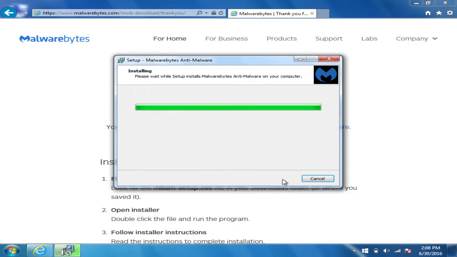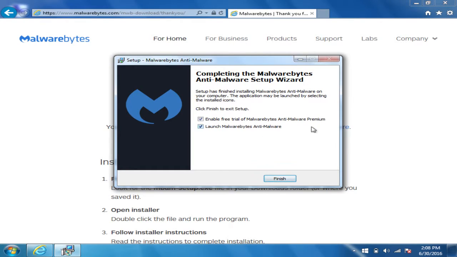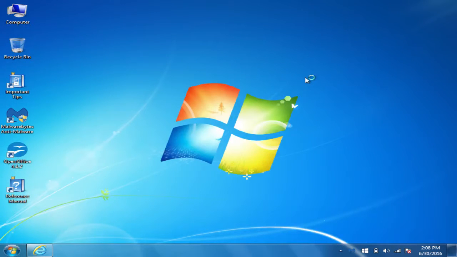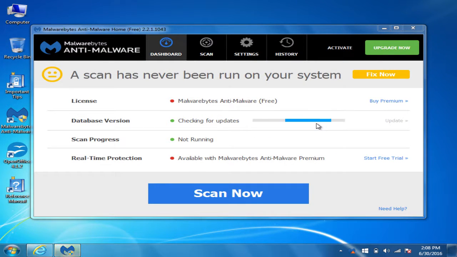Now it's actually installing the program. And I always go through and uncheck this Enable Free Trial, and it'll just put the free program on there instead of the free trial. Because with the free trial, I believe after 15 or 30 days, I forget the exact number of days, it'll try to get you to upgrade to the paid version, and then you have to revert back to the free version. So it's easier just to go to the free version. You can always upgrade to the paid version later if you decide to get it. So then you just click Finish, and your program should be installed and should pop up on its own.